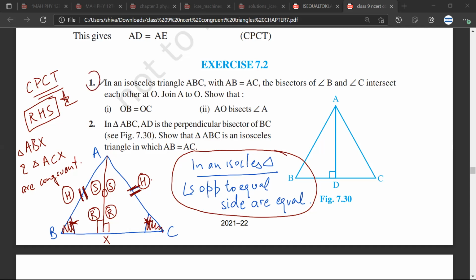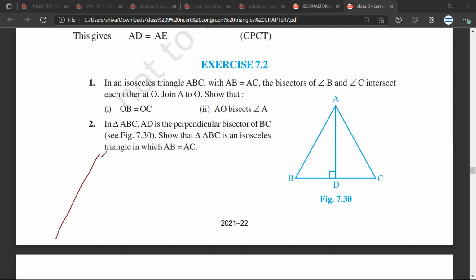Yes, sir. Now I will use this and then restart the question. Sarthak, have you understood my approach? Yes, sir. Now when they have said that AB is equal to AC, that also implies that this angle is equal to this angle. Now this is an angle bisector, and this again is an angle bisector, and both of them intersect each other at O. Have you understood?